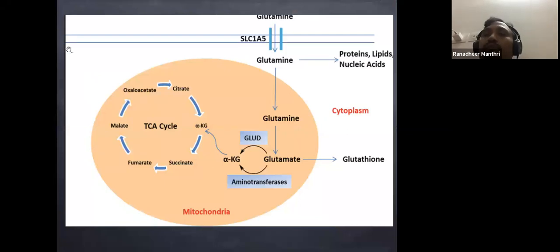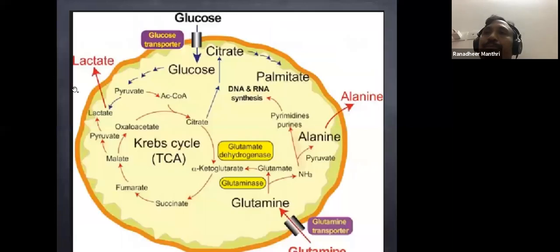The glutamine, I already said, converts into alpha ketoglutarate for substrate level phosphorylation. Next slide, please. Next slide. So this I already said, glucose and glutamine. I am emphasizing these with too many slides to emphasize the role of glucose and glutamine in the cancer pathway. Now coming to lactate, that's why you have a non-specific tumor marker, lactate dehydrogenase, because the pyruvate to lactate conversion needs LDH. So that's why you have lactate dehydrogenase elevation. Next slide.